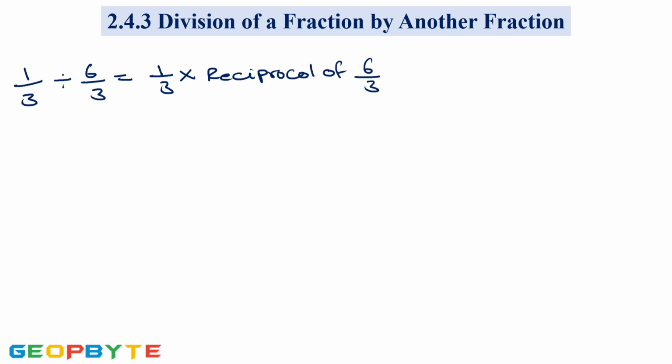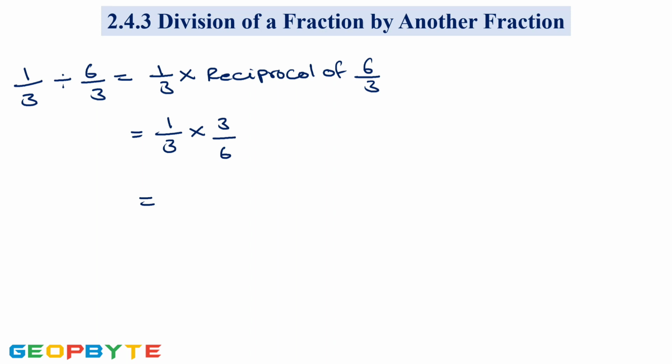So the reciprocal of 6 by 3 is, reciprocal means how to obtain the reciprocal? By interchanging the numerator with the denominator. Then we'll get the reciprocal, which is equals to 1 by 3 into, so in the numerator we are having 6 and in the denominator we are having 3. So we need to interchange these two. Then we'll get 3 by 6, which is equals to, these two are fractions and we are performing the multiplication.